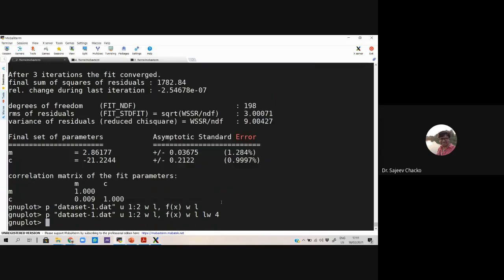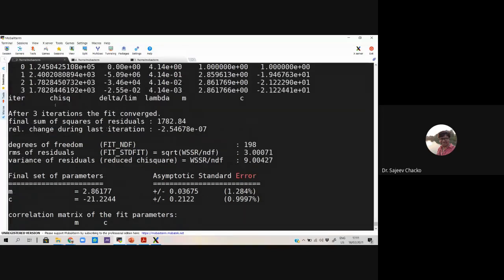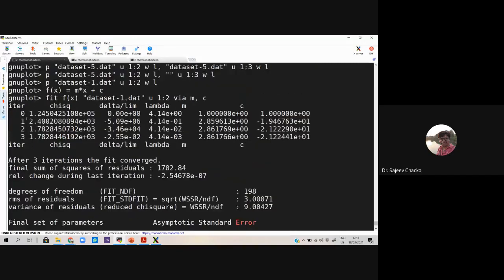Now let me define another function called g, which is basically a0 plus a1 star x plus a2 star x star 2. It's a quadratic function, and let us see what is the error. There is the error mentioned here.